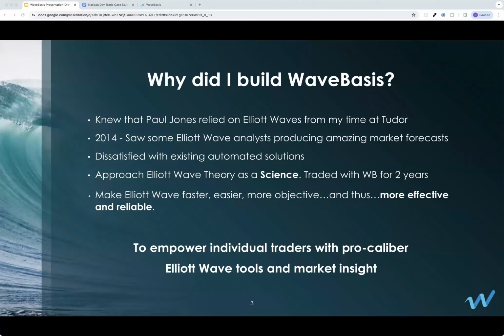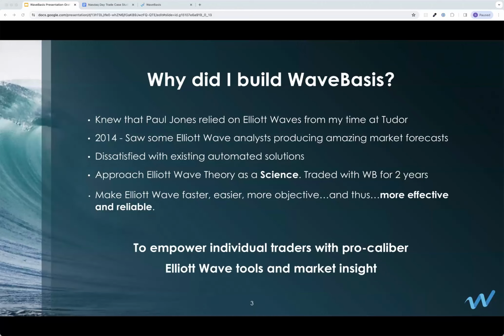At that time, I had a background as a computer science engineer. My first natural thought was, well, I was first exposed to Elliott Wave analysis in the late 80s, early 90s. Surely by now, 2014, somebody will have automated this, because it is a time-consuming and tedious process to label Elliott Wave counts yourself, as a lot of people here probably already know. So I went looking for a way to find out if somebody had already automated the process. And I didn't find anything that met what I was looking for. So I decided to